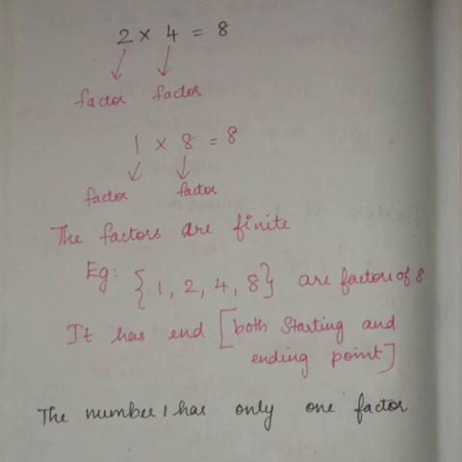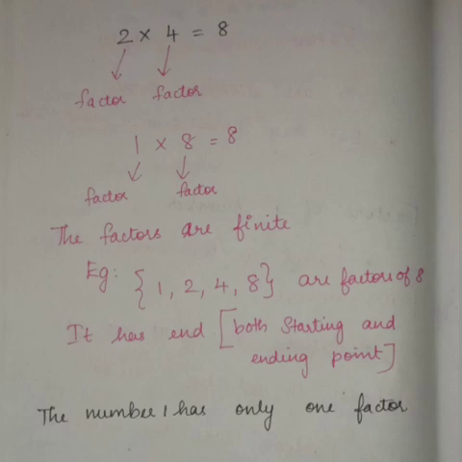How can we write 8 in another way? 1 into 8. So 1 is also a factor and 8 is also a factor, because I am multiplying 1 into 8 to get the number 8. I told you 1 is a factor of every number, and every number is a factor of itself, so 8 is also a factor of 8. So what are the factors of 8 now? It comes in the first table, the second table, the fourth table, and the eighth table. That's all. Does it come in the third table? No. So 3 is not a factor of 8.